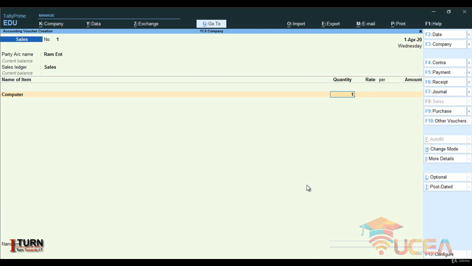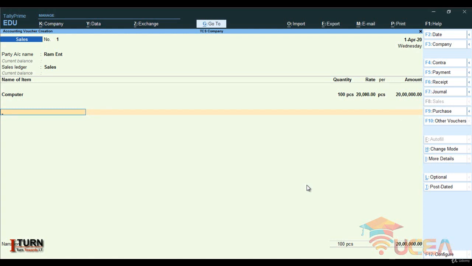Now quantity is 100 quantity, and the price for each, it's showing negative stock, so no need to worry. Go ahead and save it, because till now we have not created any stock for this. Anyway, so quantity we have taken 100 pieces, and rate is going to be 20,000 per piece. So overall price is coming as 20 lakh. Okay, go ahead, and here we are going to create duties and taxes component.